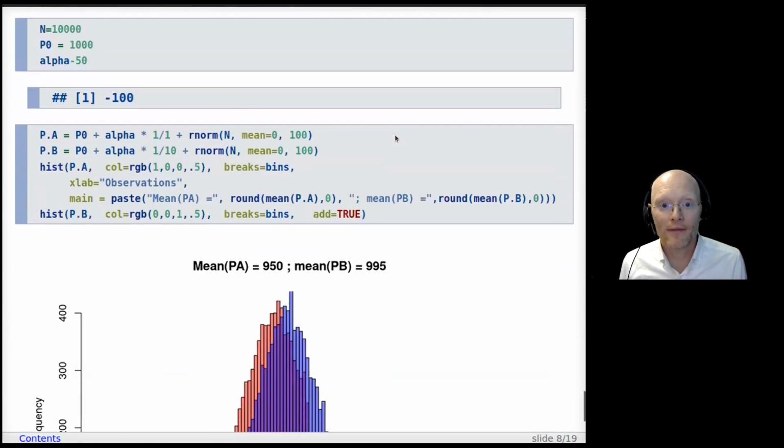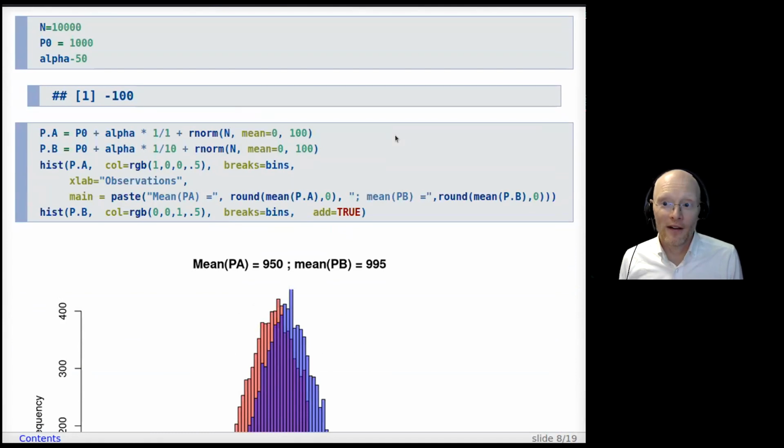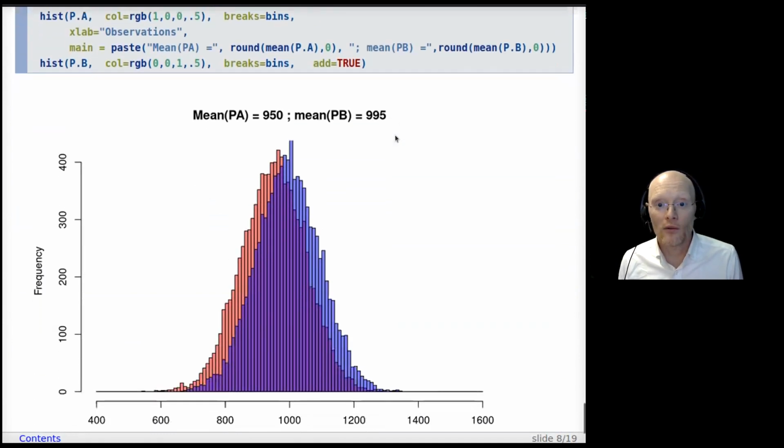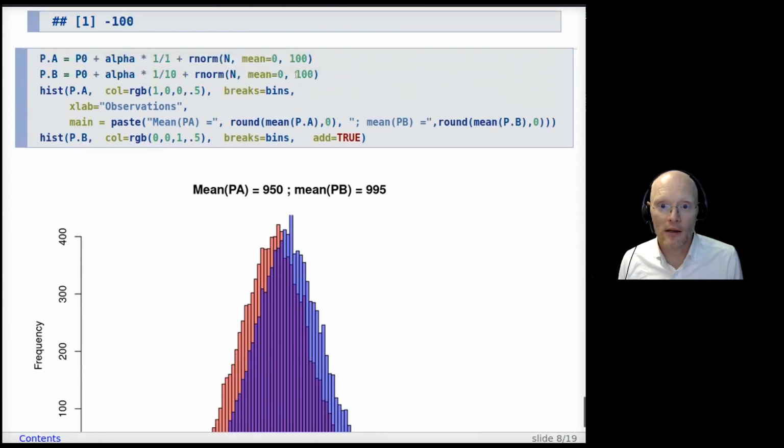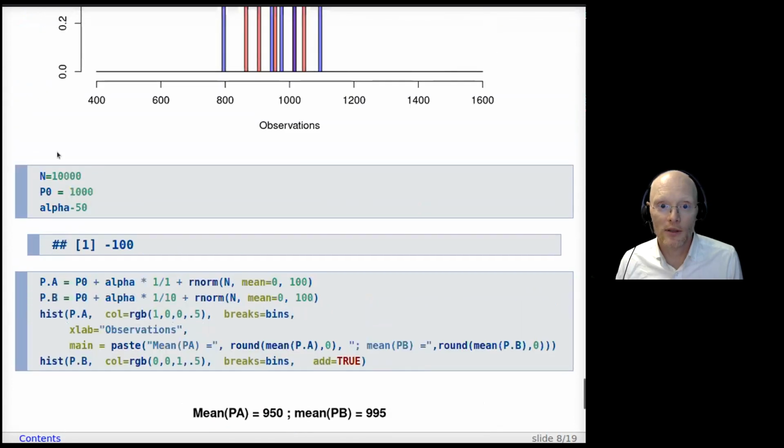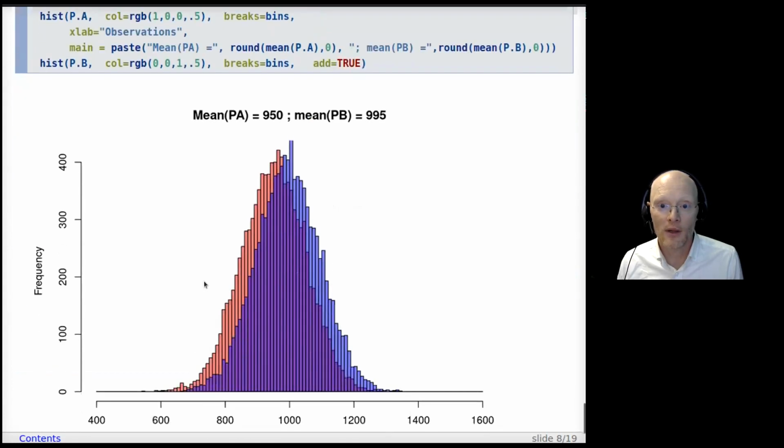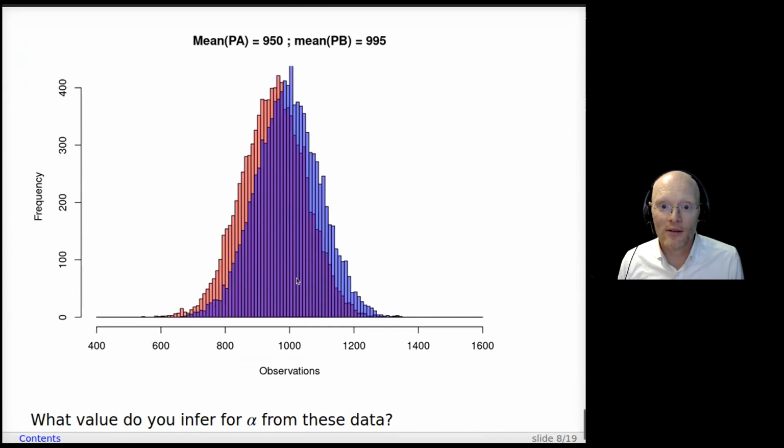Okay, now just for reference, if instead I had tens of millions of dollars, and I'm going to go and put out 20,000 hives, now those distributions look like this. I've just done the same thing here, except I put n equals 10,000 here. Everything else is the same. And so now I've got 10,000 hives in group A and 10,000 in group B. And sure enough,